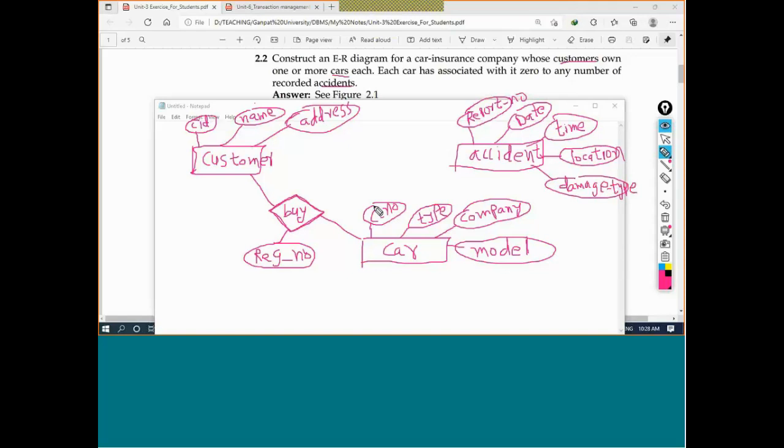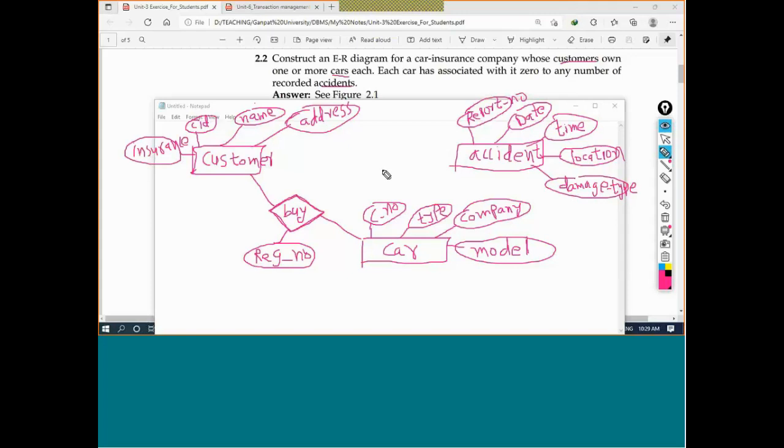Now, the car met with an accident, but there is a customer also, because we are also focusing on insurance. So here I need to add the insurance number, because the customer will have the insurance number. So customer will have the insurance, so I'm adding insurance here.